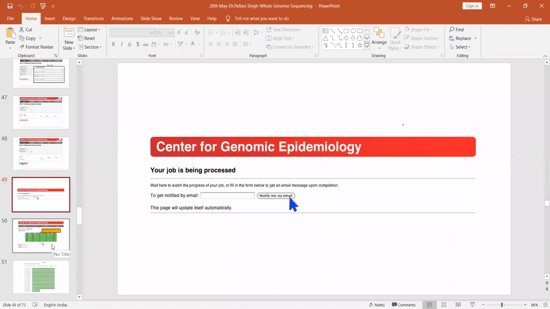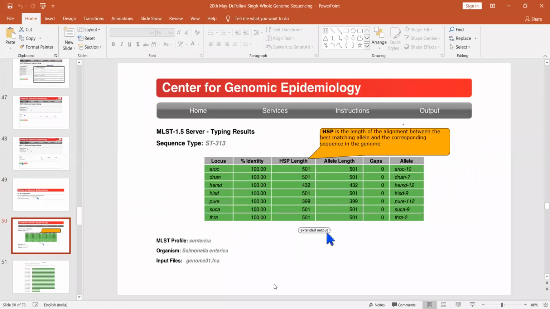Again, it will give you the option, either you can be notified by email or you can wait for the web server to do the calculation. And this is the result. What I'm interested in here is the typing result. So now my typing result has shown that this strain of E. coli from Kamer is species type 313. And how do I know it? It has shown,